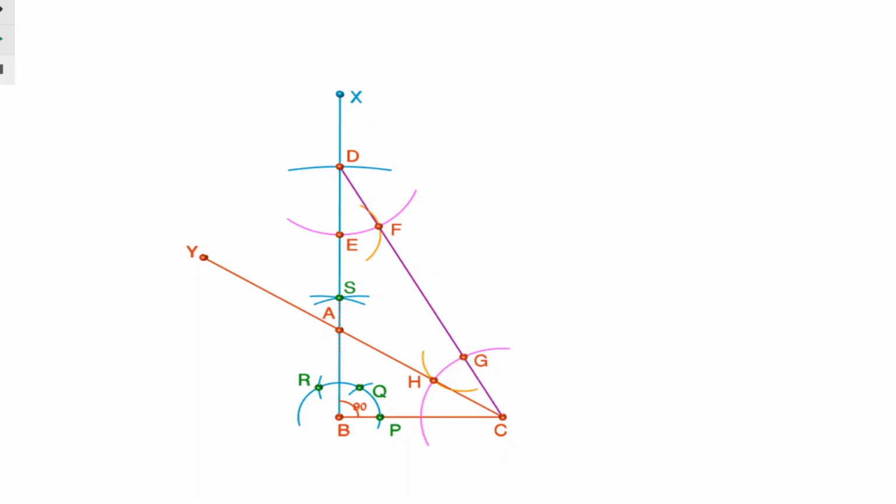In this video, we are going to construct a triangle where its base is given, one base angle is given, and the sum of the other two sides is given. So, to construct a triangle given its base, a base angle, and the sum of the other two sides: construct a right triangle whose base is 12 cm and the sum of its hypotenuse and other side is 18 cm. That means the sum of the other two sides is 18 cm.